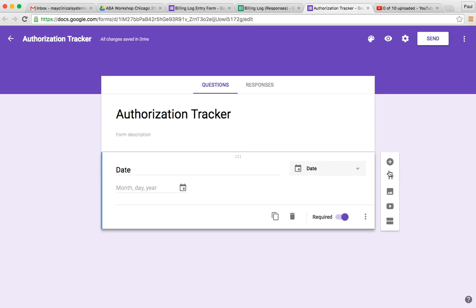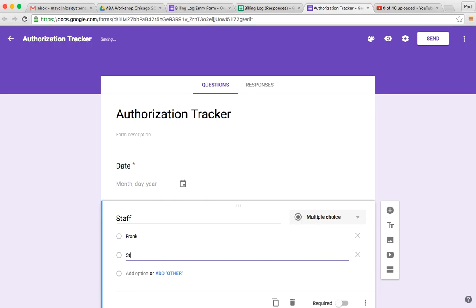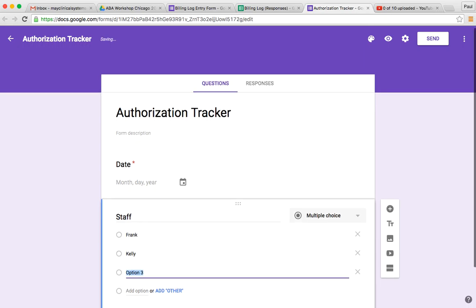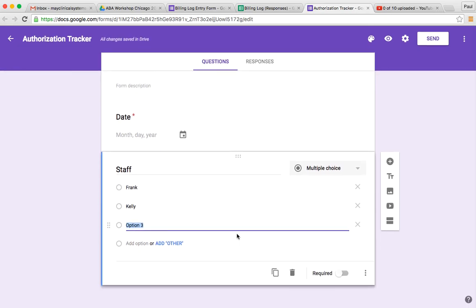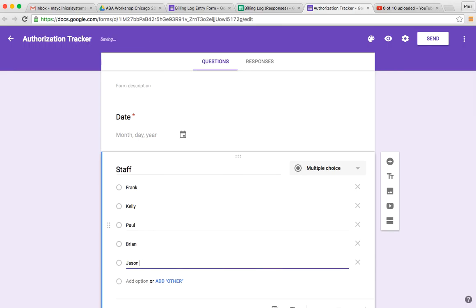So you have date. I'm also going to add in the staff. I'm going to make this multiple choice. I'm just going to put in the names of the staff that we have. If you don't have a lot of staff, you can type them in all here and just leave it as multiple choice. You can see all of them at once. If you have a few more,